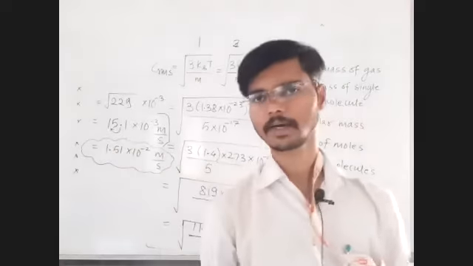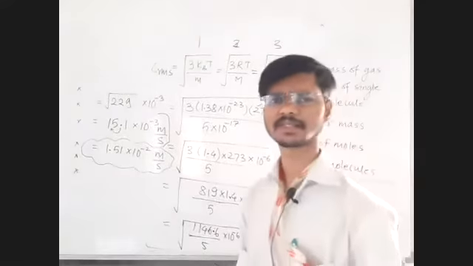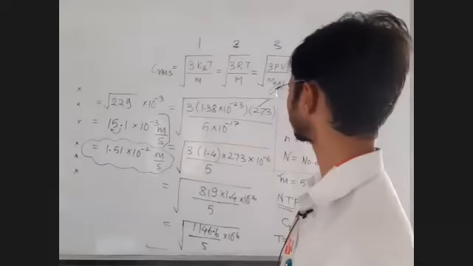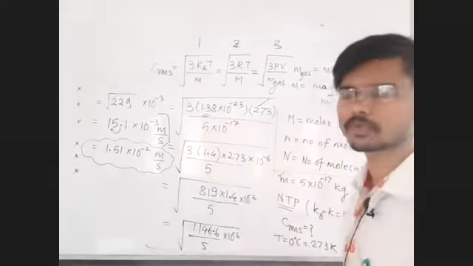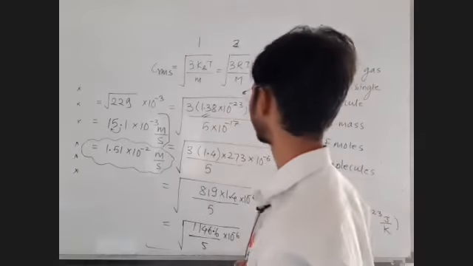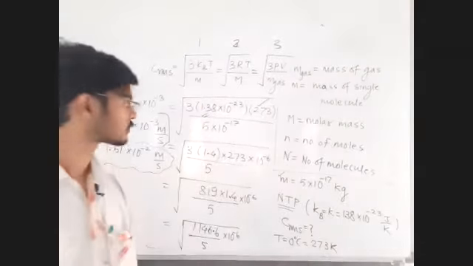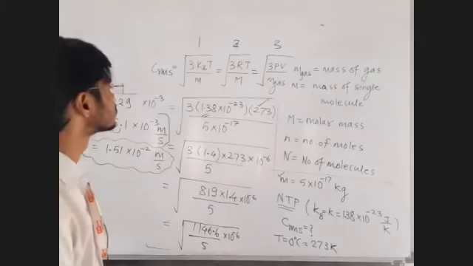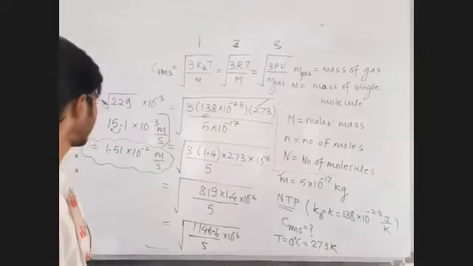We got it, didn't we? Here 273 came. Did the calculation become difficult? No, it didn't. Where did it become difficult? We made this approximation, 1.3 as 1.4. You have to be a little bit wiser. If you play the calculation a little smartly and correctly, definitely you will get the answer.